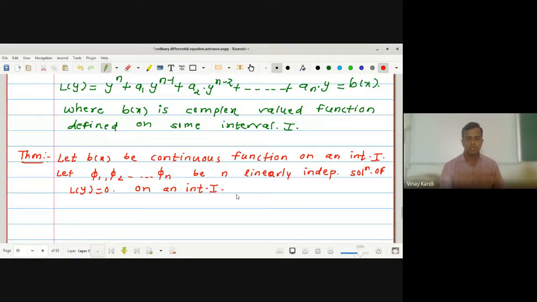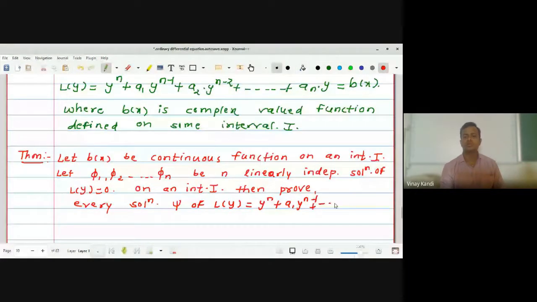Okay, then prove that every solution psi of L of y, where L of y is y raised to n plus a1 y raised to n minus 1, up to so on, an into y, which is equal to b of x, can be written as